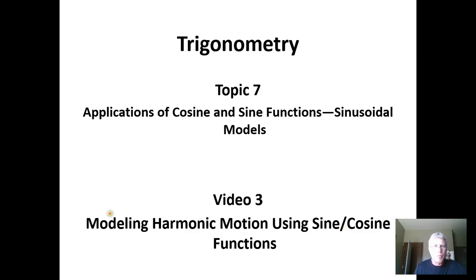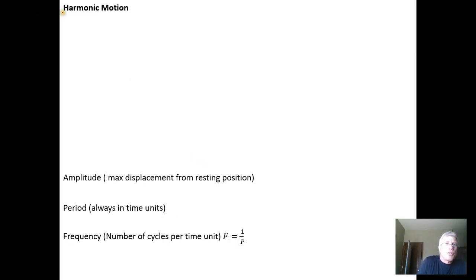So in this video we're going to be looking at modeling harmonic motion using sine and cosine functions. First we'll quickly explain what harmonic motion is. Harmonic motion is a motion that occurs in a setting where you have an equilibrium point. So you have an object that has a natural resting point, equilibrium,